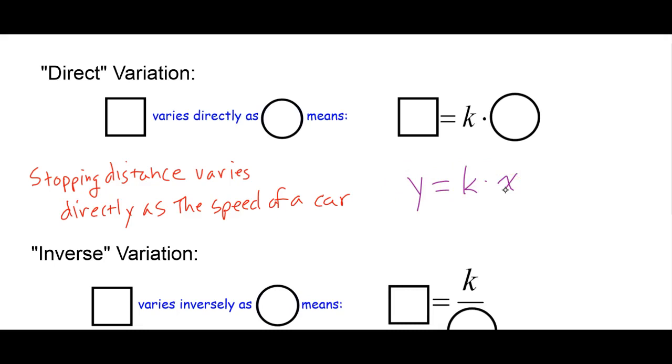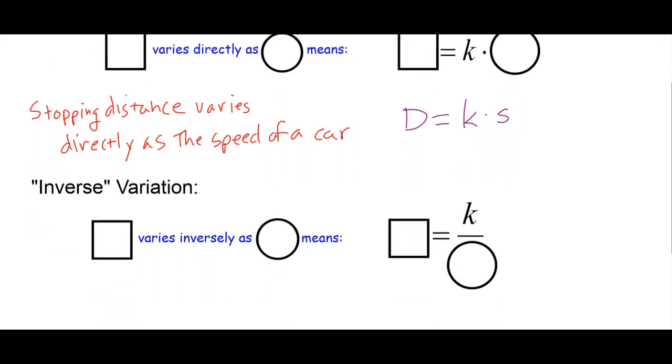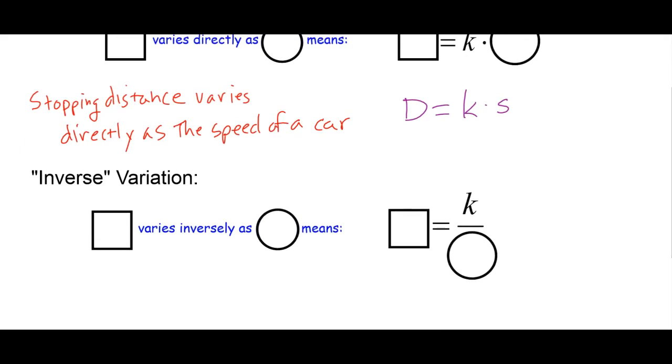You won't know what x stands for. So instead of using y and x all the time, we suggest you use letters of the alphabet that sort of automatically make sense, like D for distance and S for speed or something like that. Maybe R for rate. You get a similar kind of equation for situations in which the two quantities you're talking about go in opposite directions. Like, for example, a sentence that you could imagine from just daily life is how long